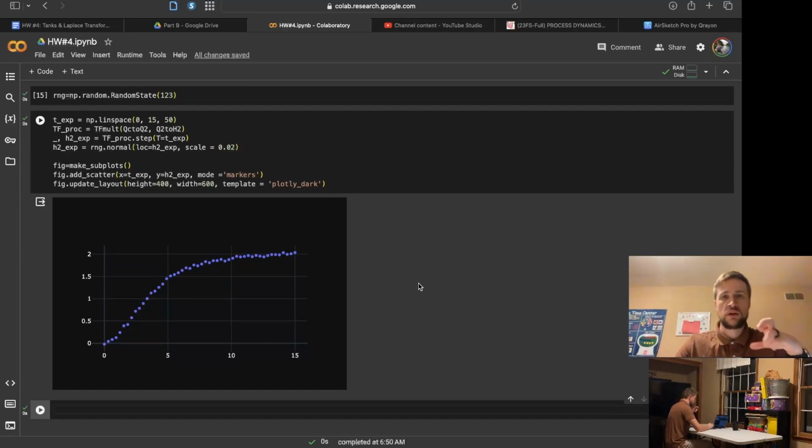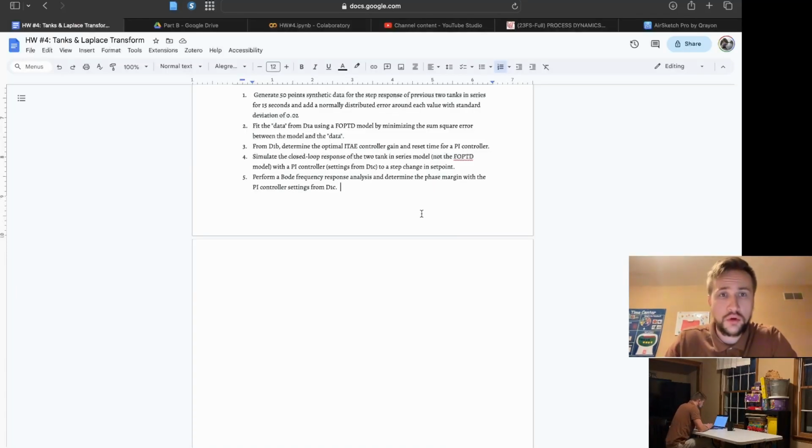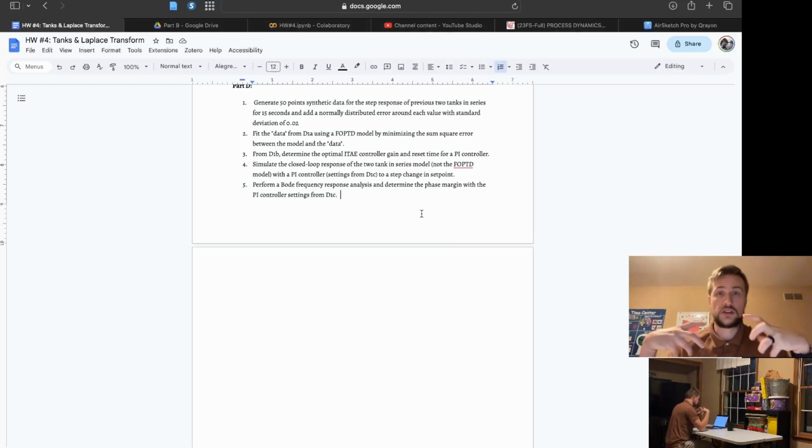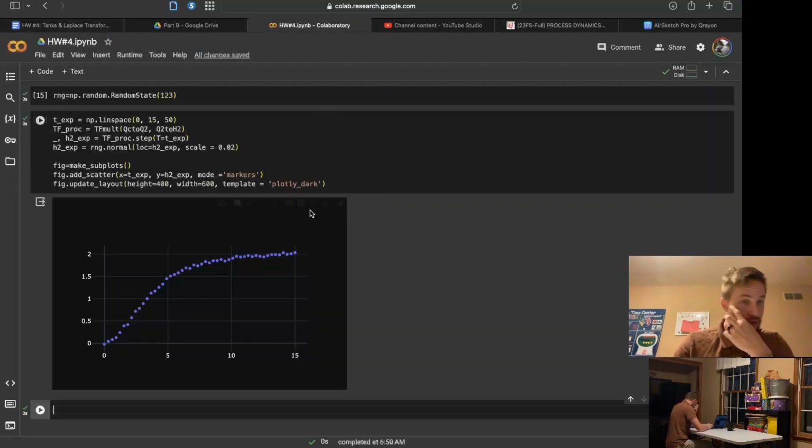And so the next thing we're going to do now is move forward with our first order plus time delay model, so that we can start to fit a model with initial guess parameters, and then optimize those parameters to get our fitting accordingly. All right, so now we're going to fit the data that we just synthetically derived using our FOPTD model by minimizing the sum squared error between the model and the data. So let's go ahead and